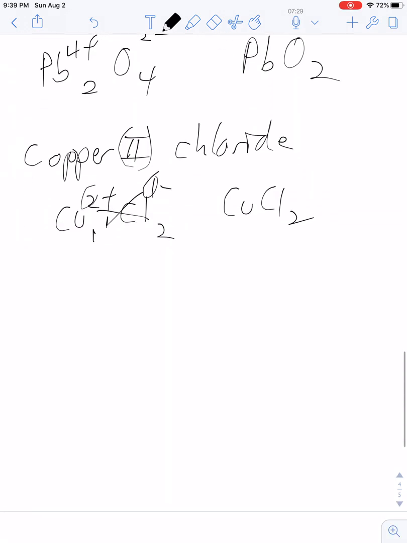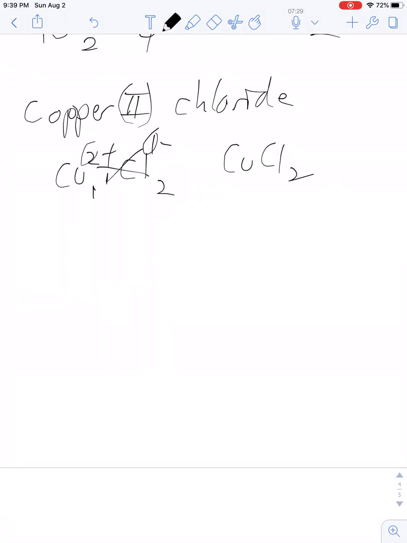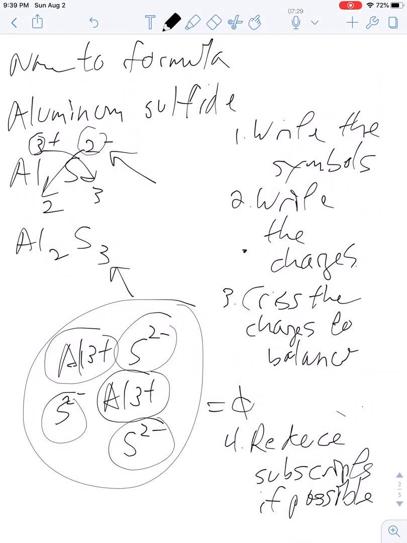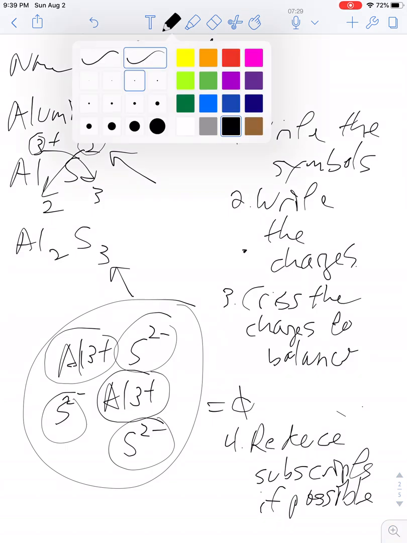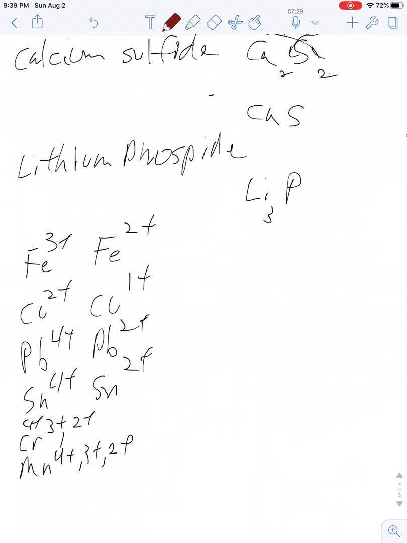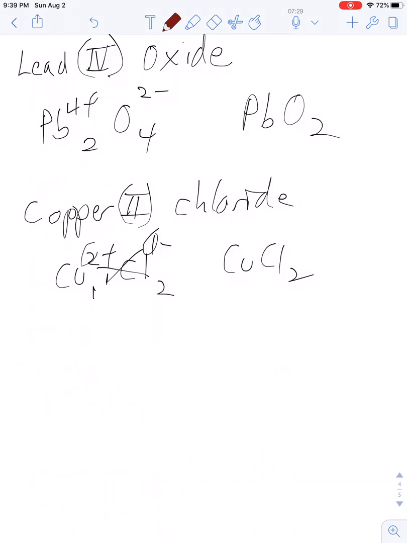Now how about going the other way? That can be a little bit more tricky. You have to do a little bit more thinking. So when I wrote the rules, when you write the charges, you have to watch out for the multi-charge elements. Okay? So if we had this formula,